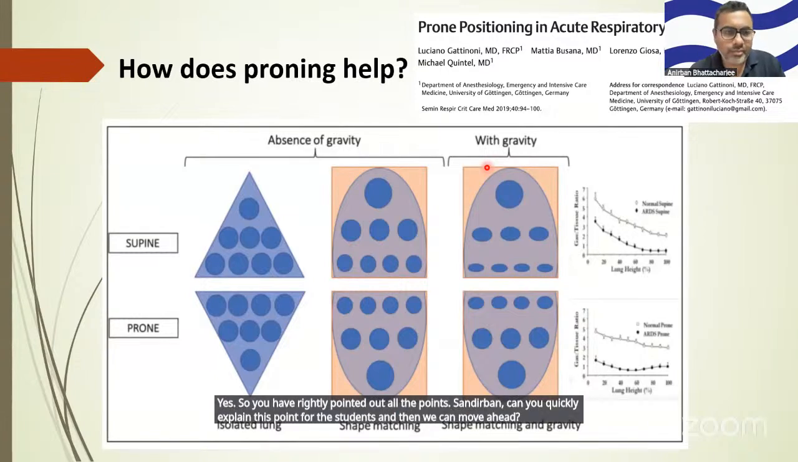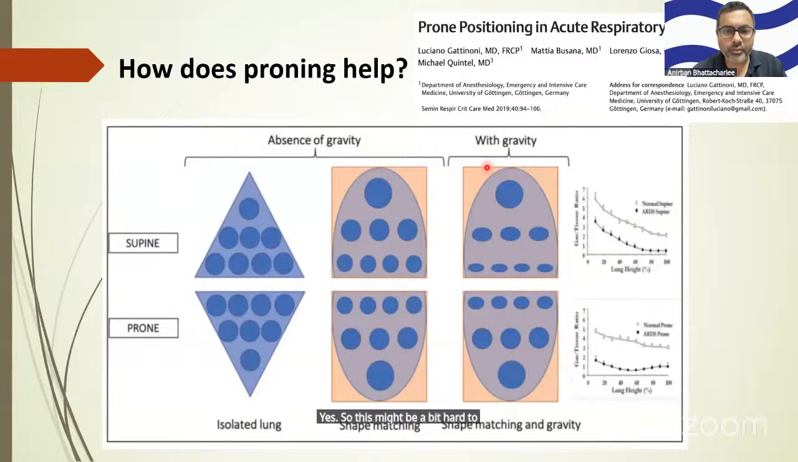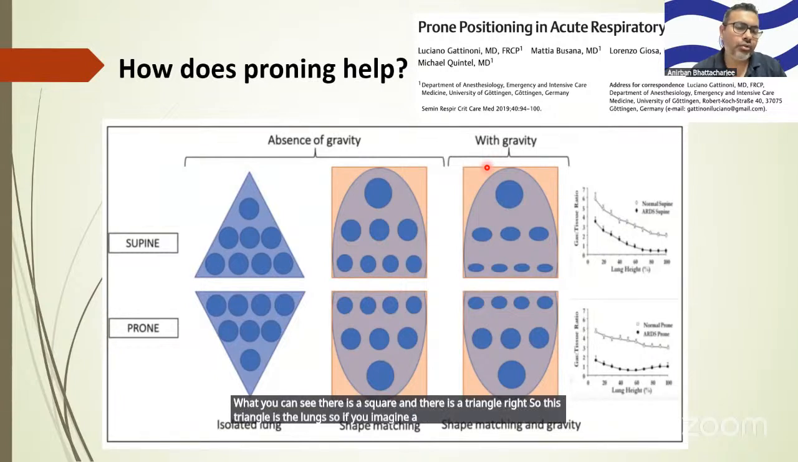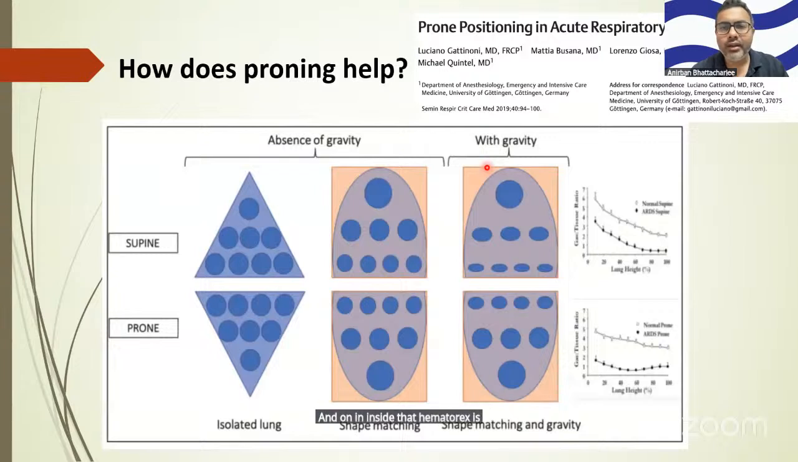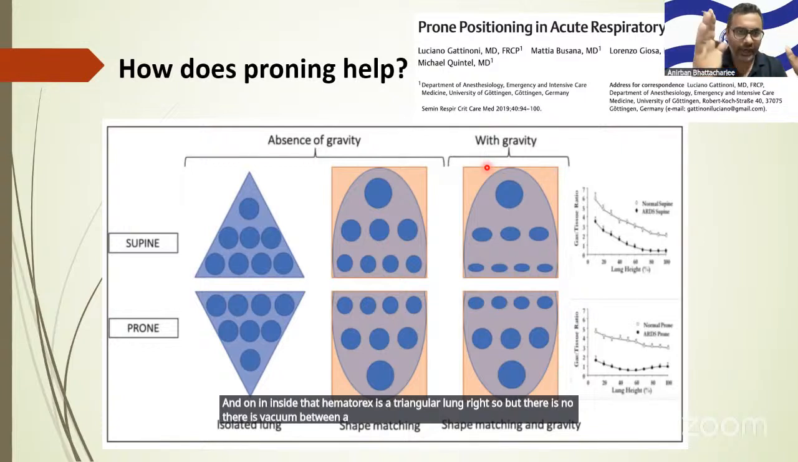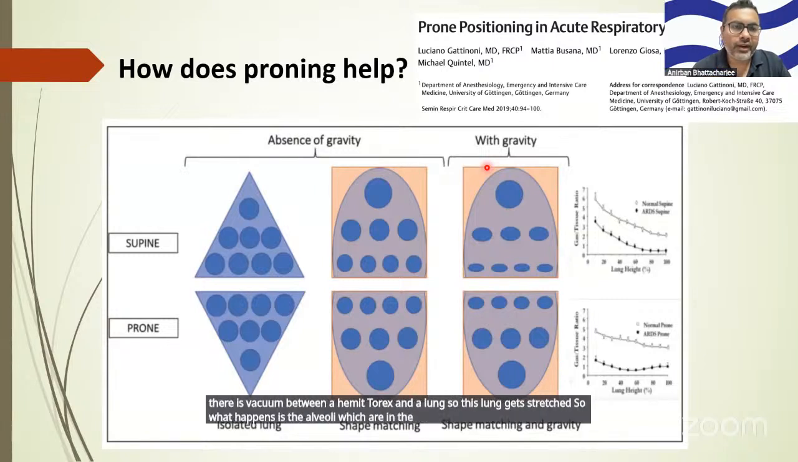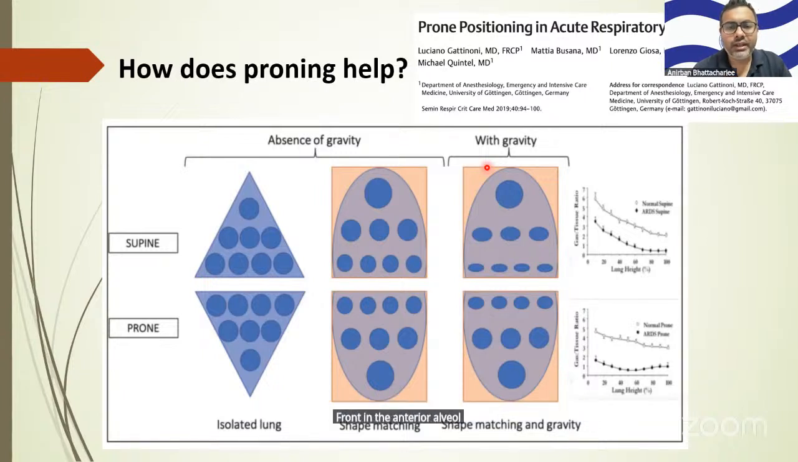Yes, so this might be a bit hard to grasp, but I'll try to make it simple. What you can see, there is a square and there is a triangle, right? So this triangle is the lungs. If you imagine a hemithorax, the shape of a hemithorax would be roughly like a square, and inside that hemithorax is a triangular lung, right? But there is vacuum between the hemithorax and the lung. So this lung gets stretched. So what happens is the alveoli which are in the front, the anterior alveoli,